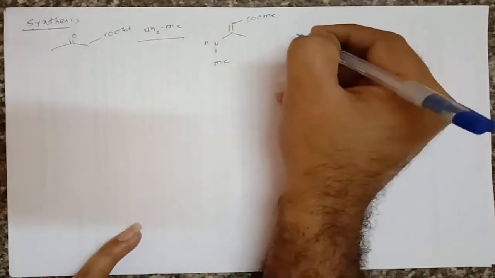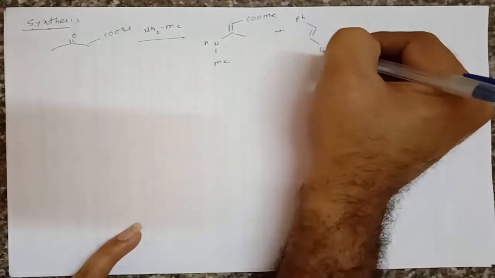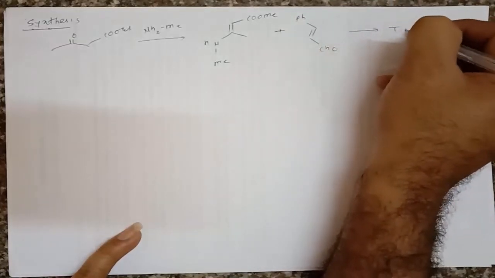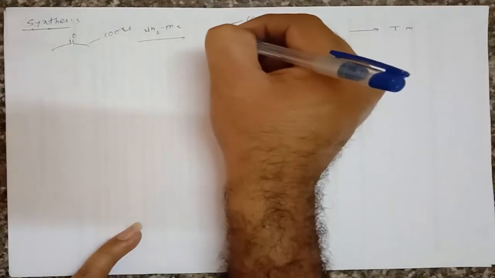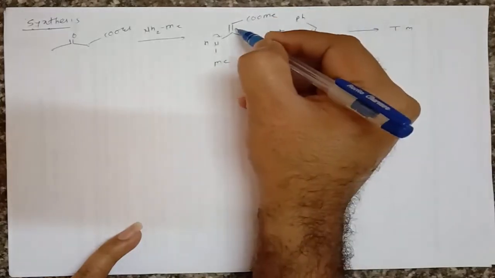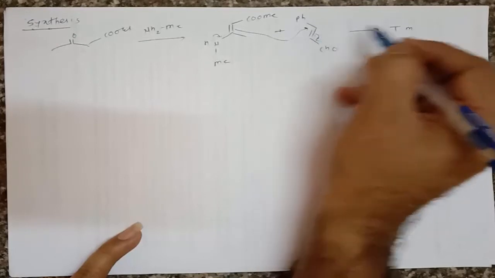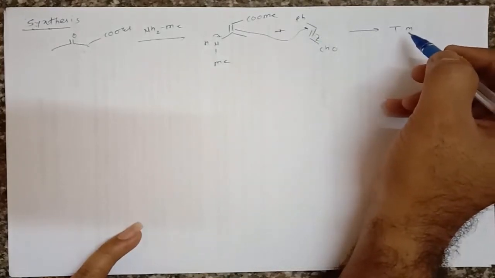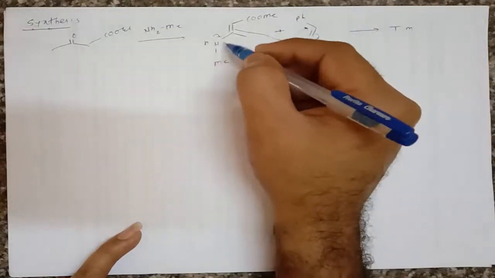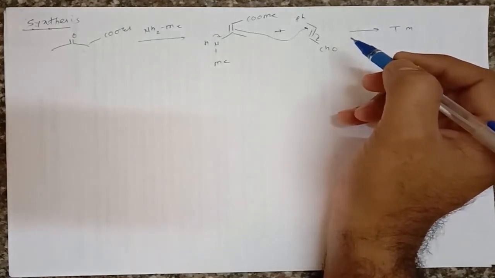Now we have to treat this molecule with cinnamaldehyde, CHO. So what it gives? It gives formation of the target molecule simply by a mechanism. That means the lone pair of nitrogen will be involved in conjugation, and then it will attack this carbon, and then it undergoes cyclization. In the first step this will undergo here, and then in the second step this amine will attack this aldehyde, and it gives formation of the original target molecule.